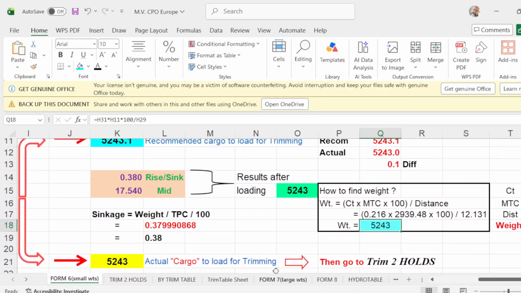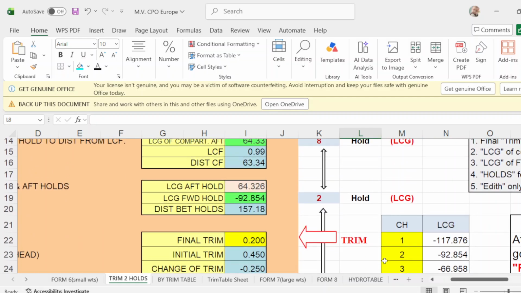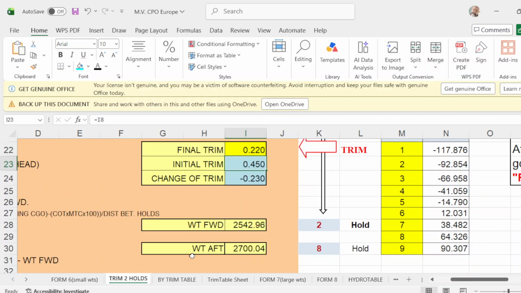Then it says here, go to trim holes 2, your initial drop, mean, and MTC LCF. The trimming holds are 2 and 8. Scroll down. The trim is 0.22, and what will be in hole number 2? 2543. Round it up.